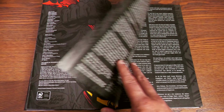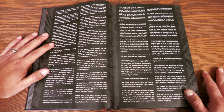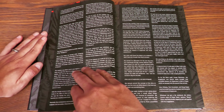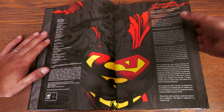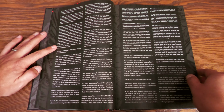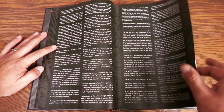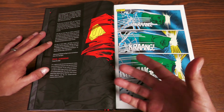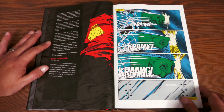It's very misleading because I've had actual viewers message me about it, and I hadn't cracked the book open, but I knew from the Omnibus what they were talking about. There is a new foreword, or introduction rather, by Dan Jurgens, who of course was one of the people that put this together. As a matter of fact, he wrote and drew the issue where Superman...